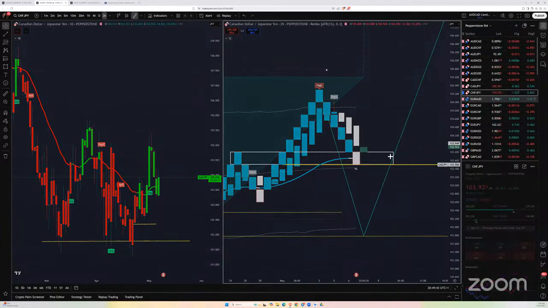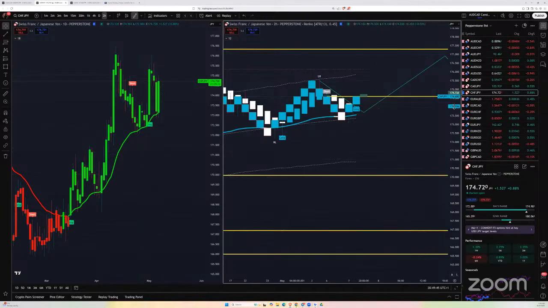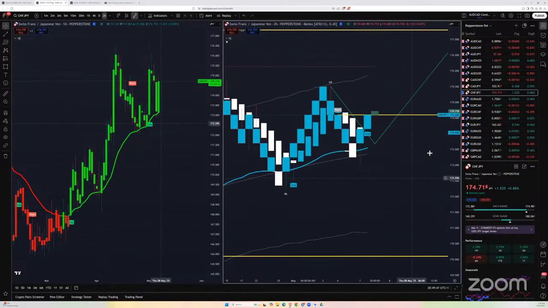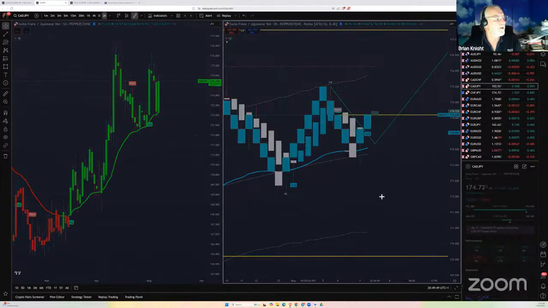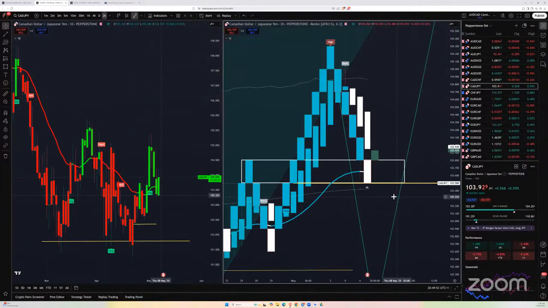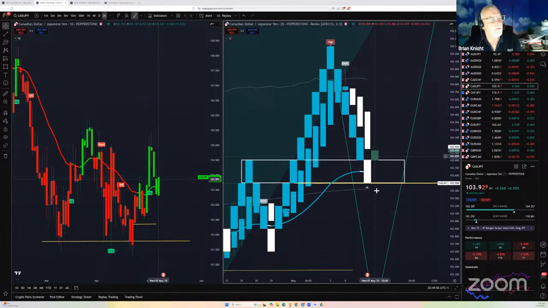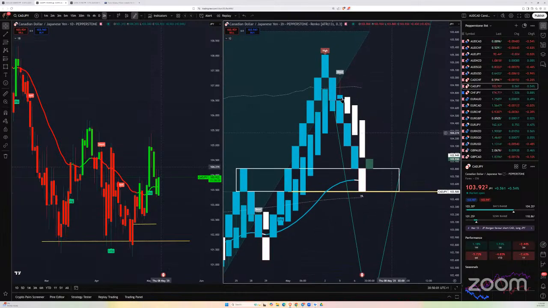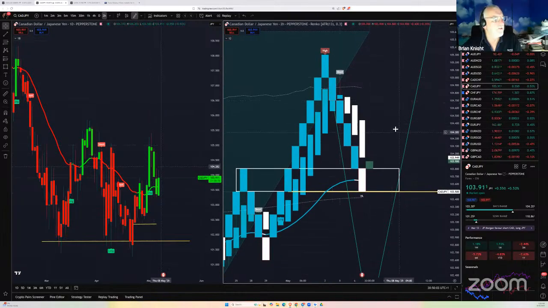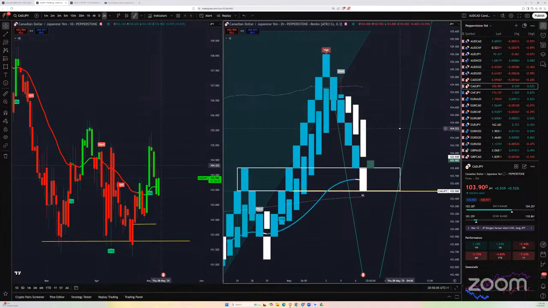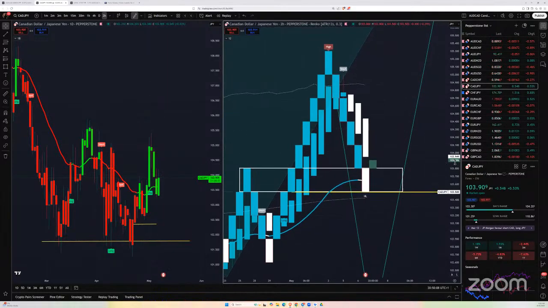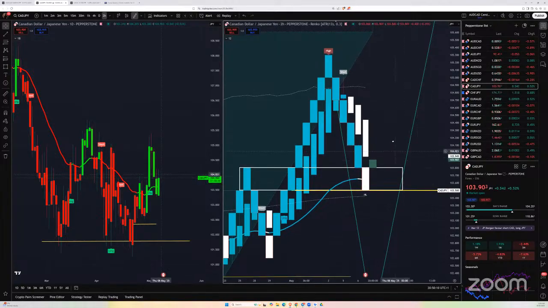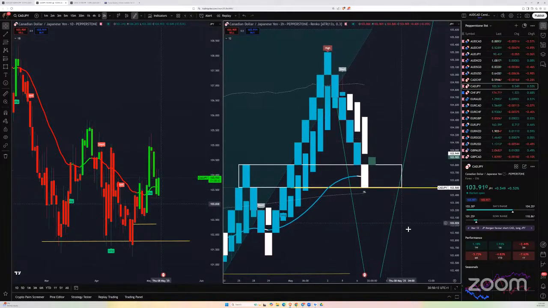So if we go to, and I'm almost willing to bet you when you go back to CAD-J, if you look, see that wick right there that it just created? There's going to be a wick there, and it's going to tap into that yellow line. Oh, right. Yeah. That one. You won't see it till it's created. So that's why when you asked me the other day, why are you already in that trade? It doesn't show anything. Because you're at the yellow line, you know darn well that's going to create a wick one way or the other, either at the blue box or at that line.